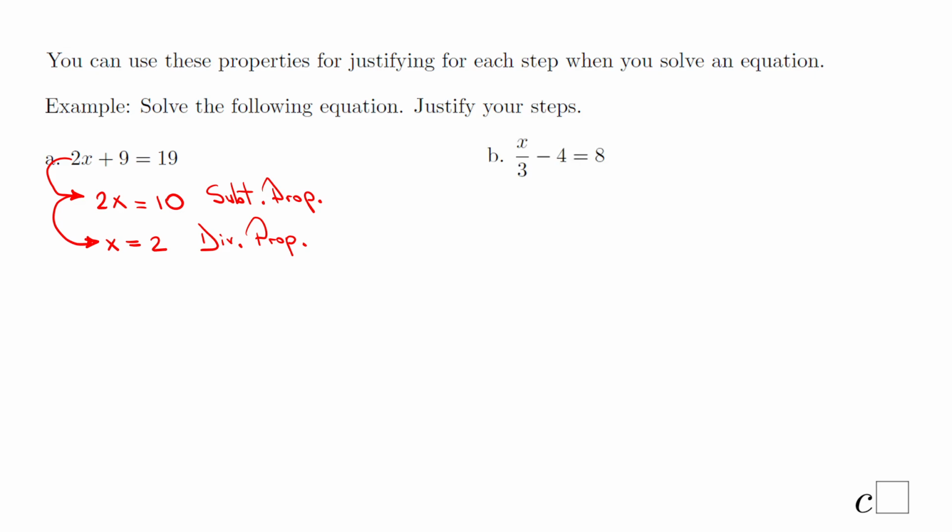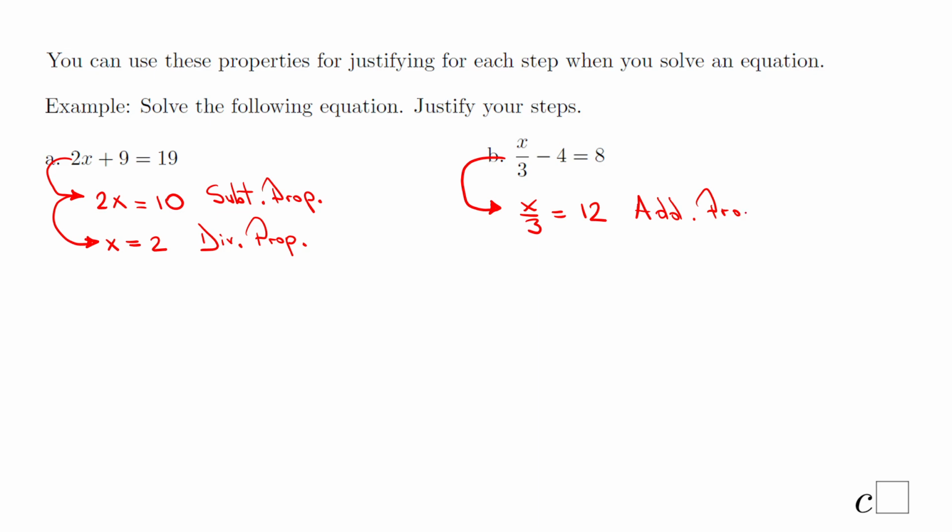Another similar problem with the other one, the only difference, and by the way, in algebra and geometry you can switch steps sometimes. In this case, I personally add 4 to get x over 3 equals 12, but that's not the only way to solve this algebraic equation. But again, in order to go from this step to this step, like I said, I add 4, so I use the addition property